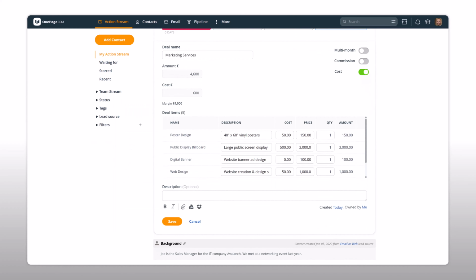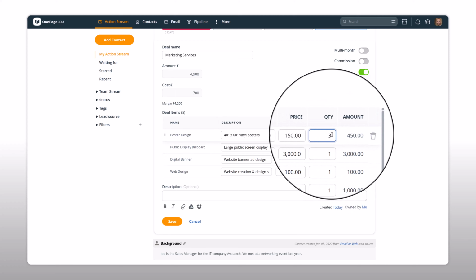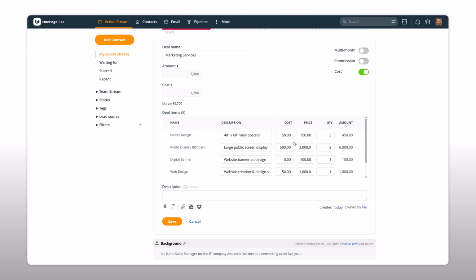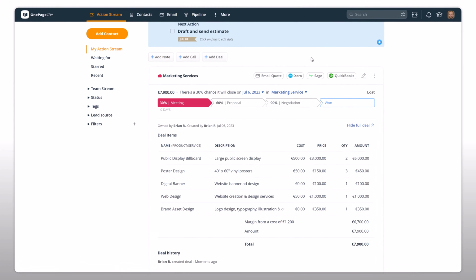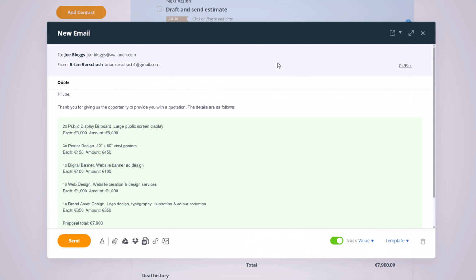The deal will be built for you with everything pre-populated, including the total costs. Any of these fields can be edited afterwards if you need to make adjustments, and their order can also be rearranged. With your deal now fully populated, you can create an email template complete with the quotation to send to